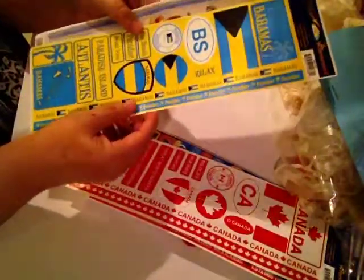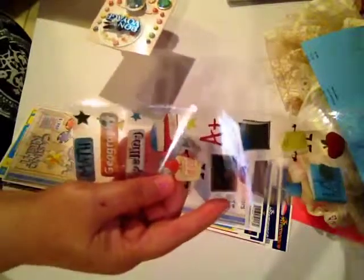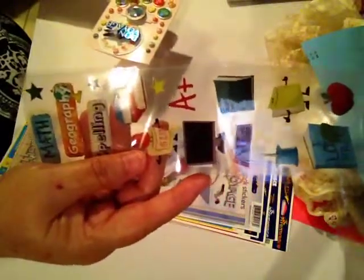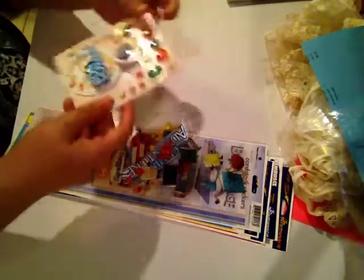This is Canada. She's gone there too. Bahamas. And here's some more. I went to the Caribbean with her. I know this video is not about cruises, but anyway, this is how I ended up with all these stickers from my sister. These are the school decor, and these are